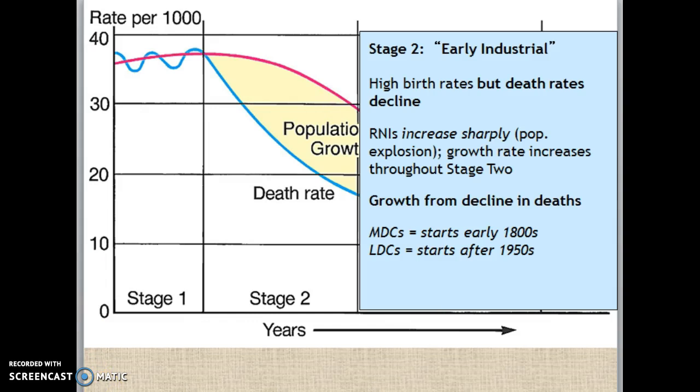Now at the bottom of the screen, I want you to jot down, it says MDC starts early 1800s. So if we're looking at the more Western European model, we could say stage 2 is more on the onset of the agricultural revolution, early industrial revolution. But notice at the bottom it says LDCs start after the 1950s. So we're talking about LDCs more so in Latin America or Africa, for example,